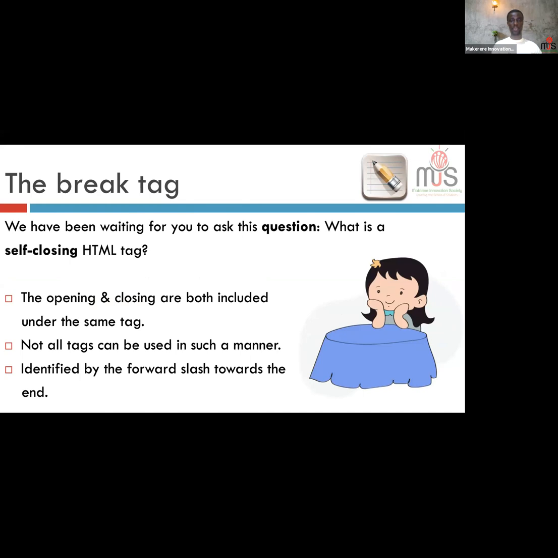What is a self-closing tag? A self-closing tag is one in which the opening and closing are both included under the same tag. You don't have to have